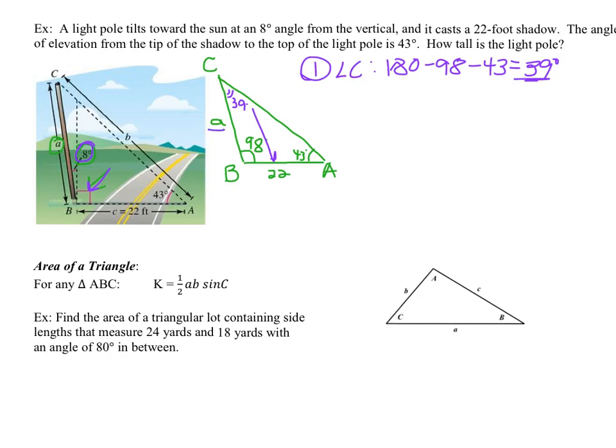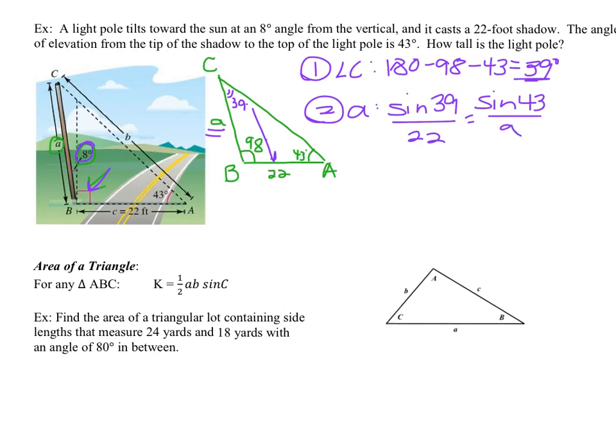So if we want to find side A, we only need to do one ratio here. We don't have to solve everything. We can go ahead and set up our law of sines by taking the fraction with the side and the angle we already know. Sine 39 from angle C over side C, which is 22. We'll set that equal to sine 43